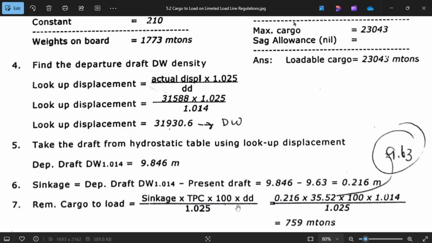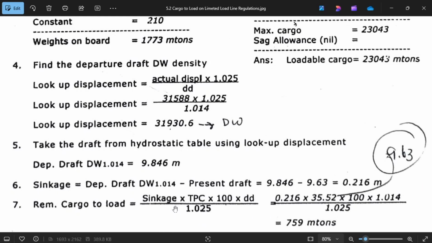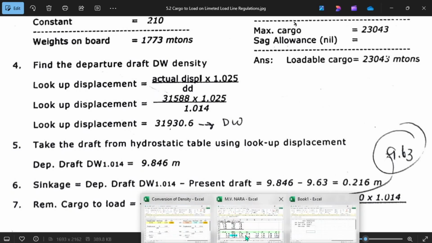Take out the density, the local density. The formula for this density is not included, but he has already made this one formula, and this is the transposition, and I will show you how much cargo we are going to load. Okay, so I'll take this and go to my program.